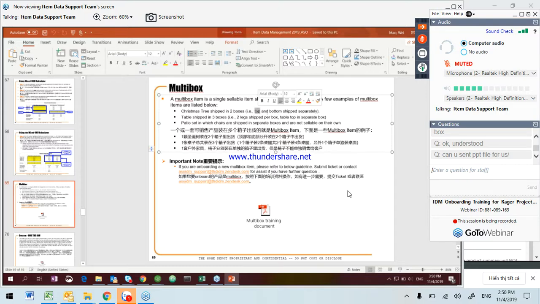So you need to have a box created for the top and a box created for the bottom, and they will use 2 different UPCs and their own G10s. The table is shipped in 3 boxes: 2 legs per box, and the tabletop is in a separate box. So in this case, the box that has the legs in it